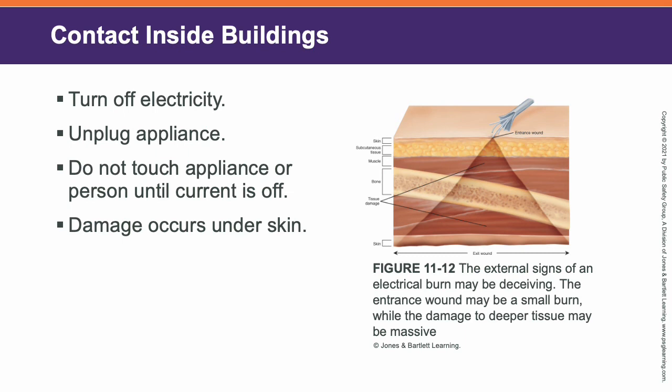Now, one thing to keep in mind. So when somebody gets a third-degree burn, okay, a true contact injury, that means there's an entrance wound like this, and there's an exit wound, okay? So this exit wound is larger than the entrance wound, okay? You need to keep in mind that between that entrance wound and the exit wound, all of this tissue is going to be damaged. It's not just this little tiny point where the electricity goes in, or even this big part of skin out here. It's everything in between that is damaged. And so that may also be a big factor into what's going on with that person.